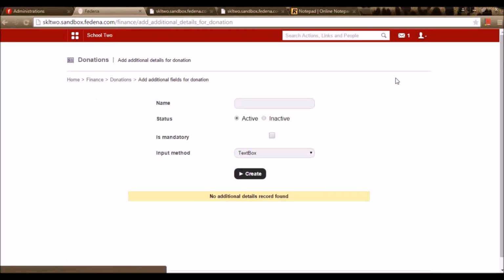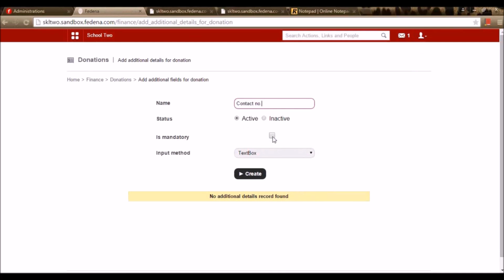You can also add additional fields, so any fields that you want the admin to enter while entering the donation. So details or the contact number of the donor can be entered here. So these fields have to be created here. For example, let me create the contact number field. If I want this particular field to be displayed in the donation option, I'm going for this field. Like, let me create the field.